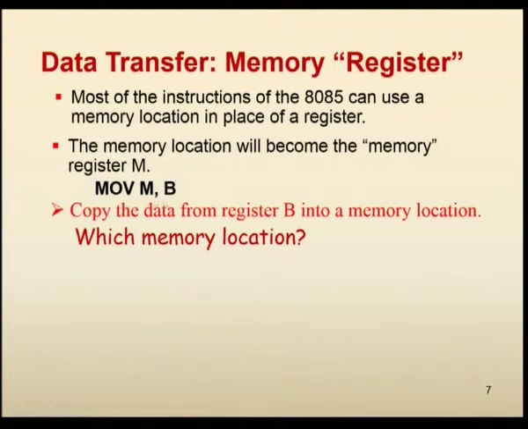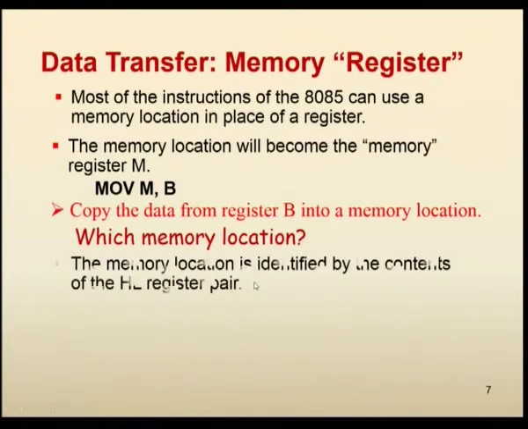So, then I am saying simply memory location, which memory location? Memory location can be from 0 to 64,000, anything. So, you have to exactly specify the number. How to specify the memory location? The memory location you have to preload in the HL register pair before you execute this instruction,